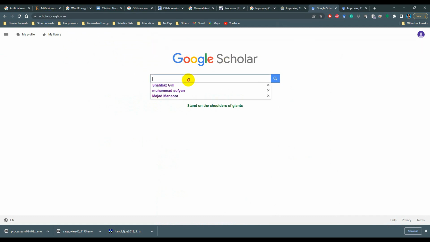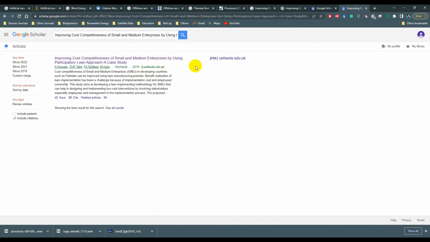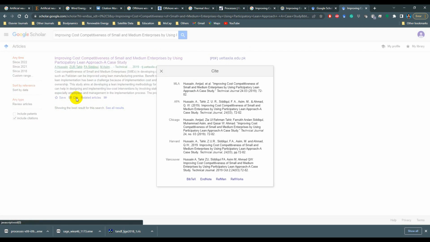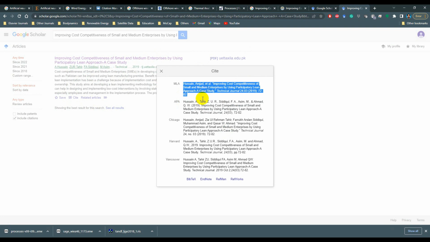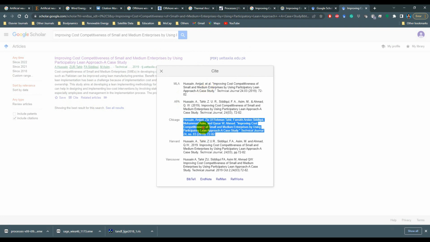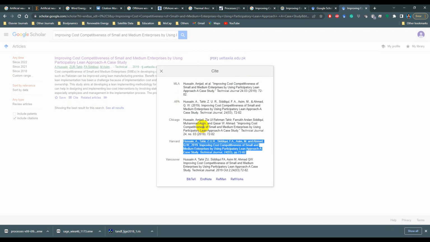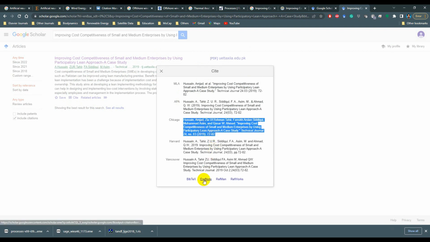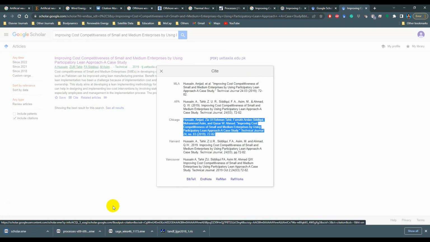If the citation is not available, then the option is to go to scholar.google.com, or Google Scholar, and type it there. When you type it in there, you will find the same paper. What you need to do is just click on Cite and then choose any style, MLA, APA, any style, but preferably one that contains the most information, such as Harvard or Chicago. Then click on EndNote, and then